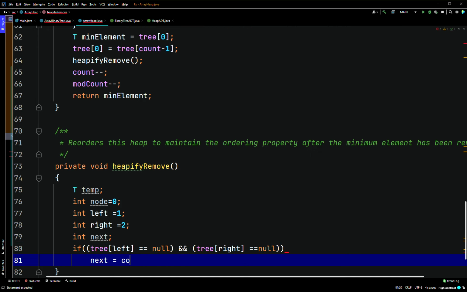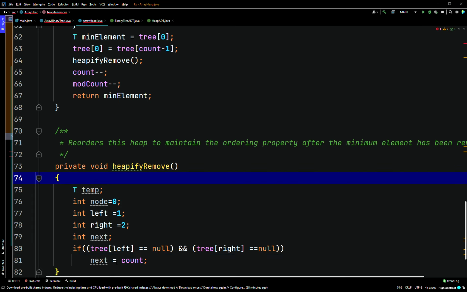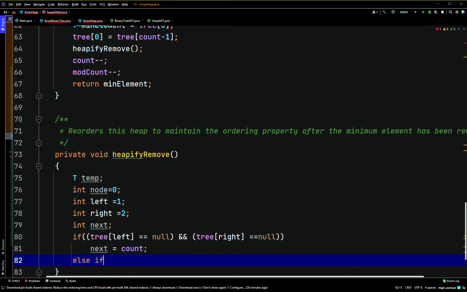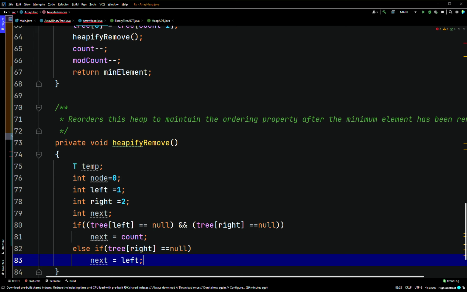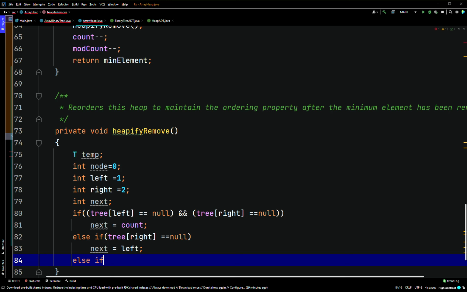Then we'll set next to point to count, and then we'll say else if tree of array index right points to null, and we'll set next to point to left, else if comparable of tree of left compare to